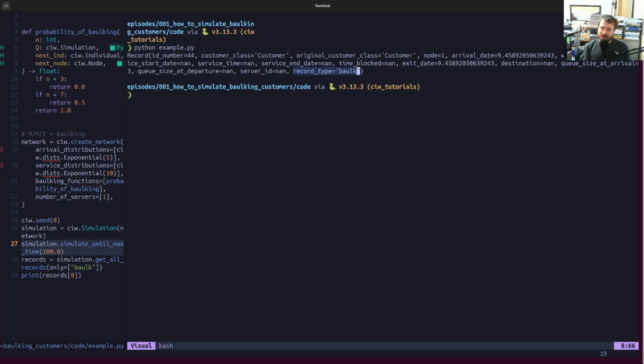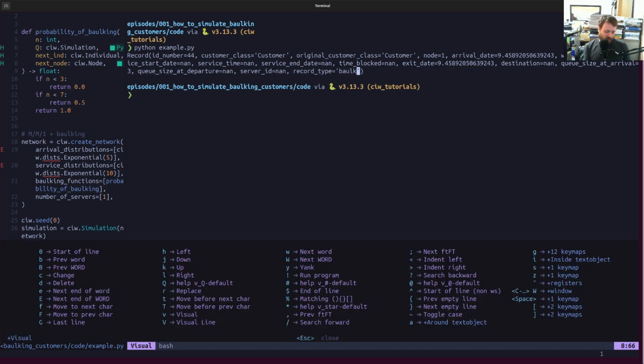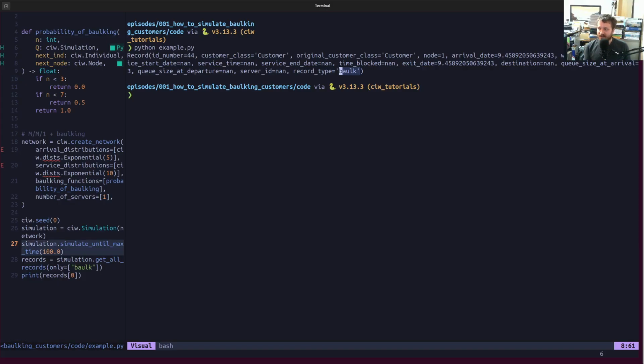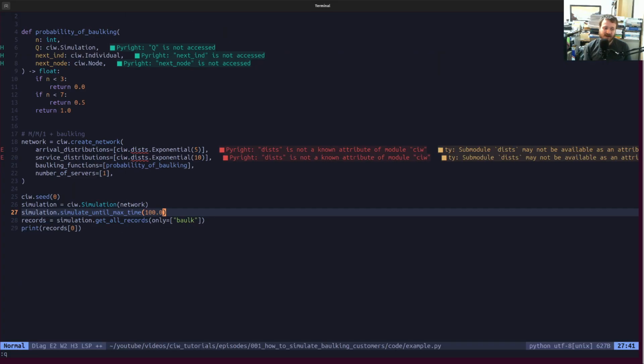Let me see, rerouting, well, it depends on at least routing. I'm not sure if you get somebody who's kicked out of the service. We might have to look at that. That might be different. But for customers who are just routing from one node to another node, if they get rejected because of the size of the queue, that is different from bulking, although you might make the probability of bulking also based on the size of the queue. But as we saw,